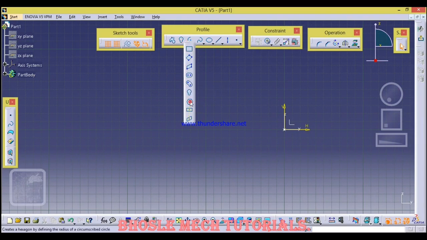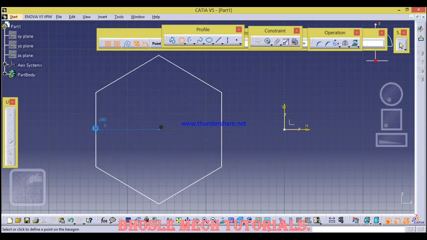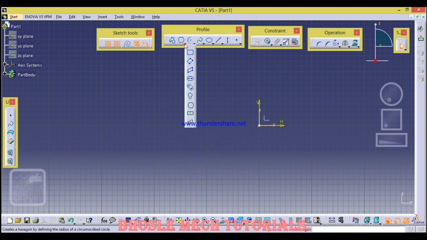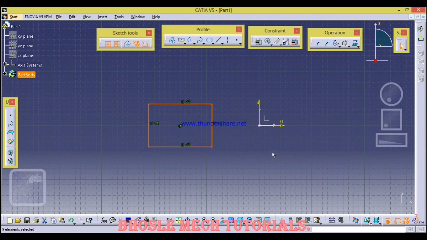Next, as you all know, this is a rectangle. Just draw this, and where we need, we select. If we need a complete polygon of particular dimensions, when we know the circular radius, according to that we set a radius and we get this hexagon. That's it. Now this is the center rectangle. Just by center we get a center rectangle. This is not a big deal.